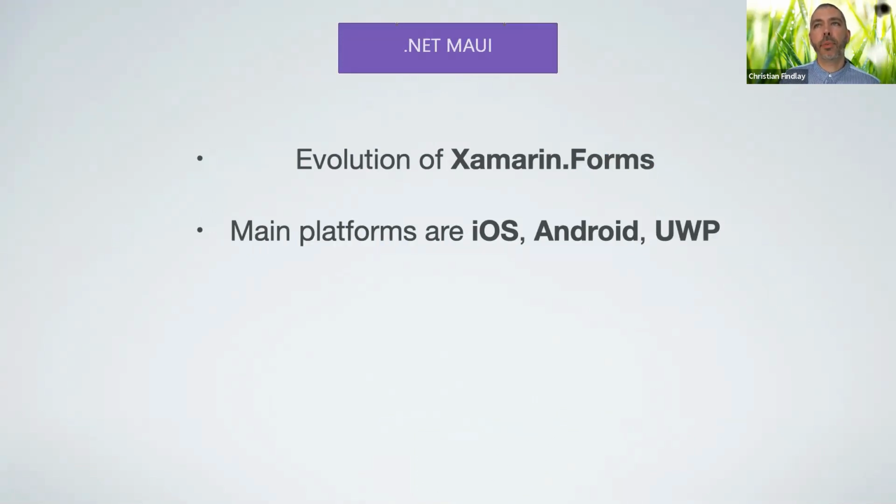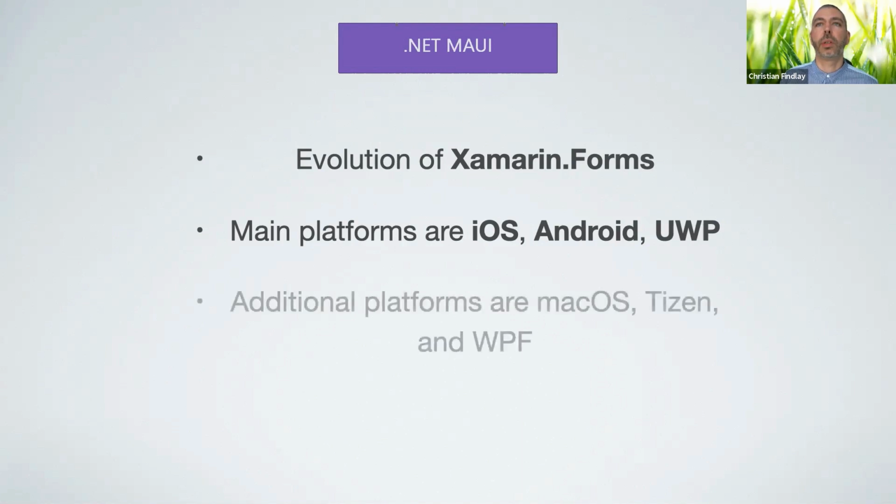The main platforms that have traditionally been around for Xamarin Forms have been iOS and Android. There is some support for UWP or Windows 10. So UWP is the main Windows 10 style interface. And the good thing about UWP is that it will run well on a tablet. So Surface tablets and things like that, it'll be very optimized for those, which is good.